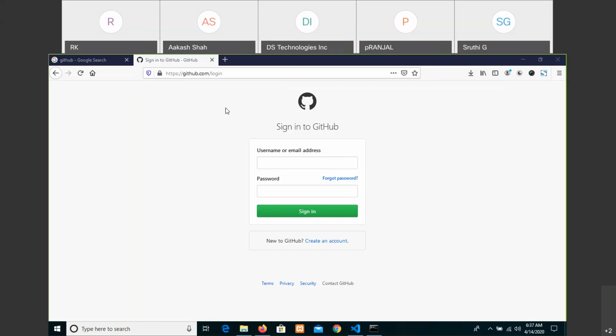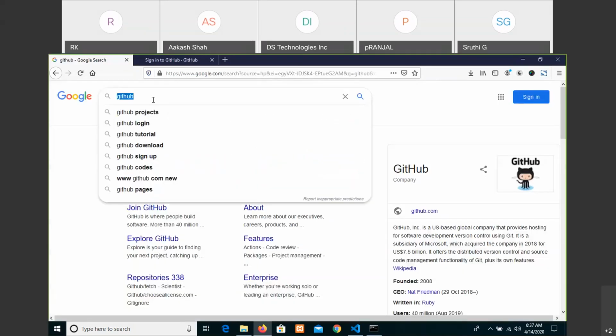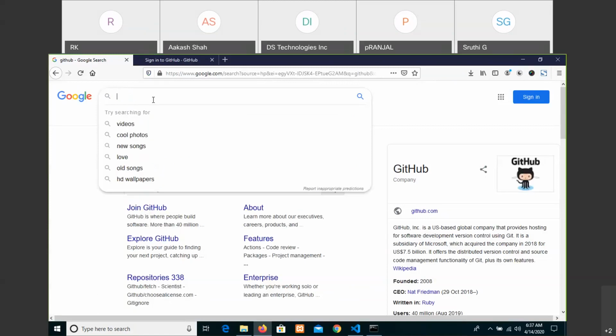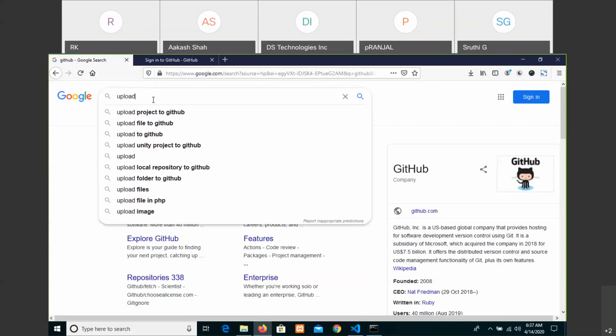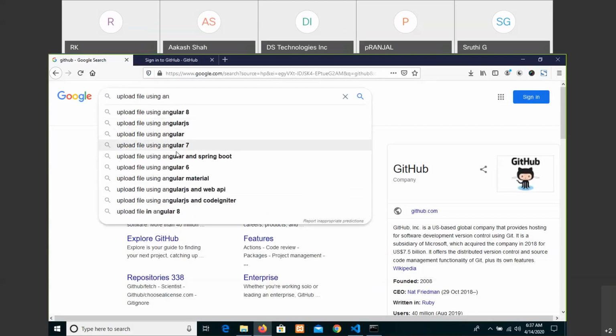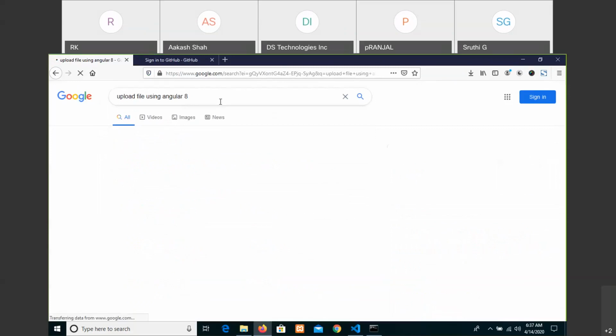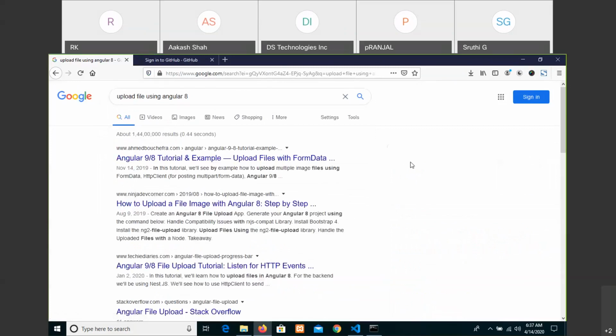For the time being, for example, I just told you about uploading a file using Angular, or whatever, it is the same. Only the functions will differ with small changes.